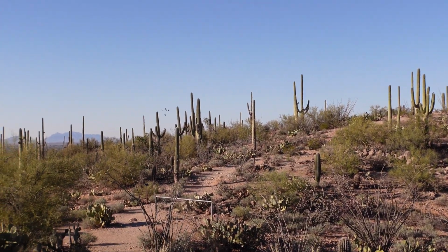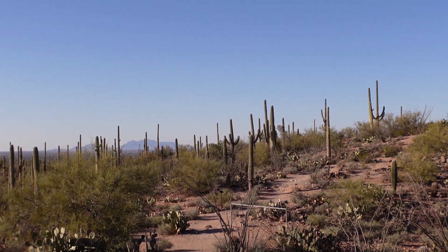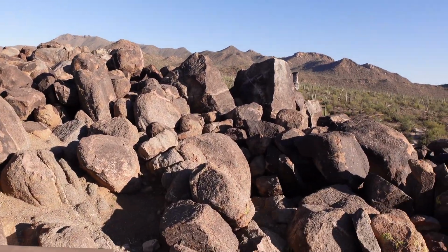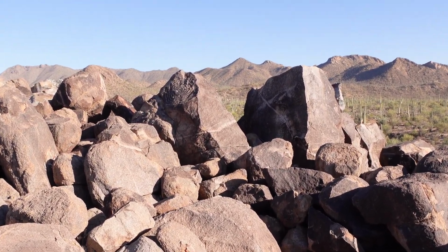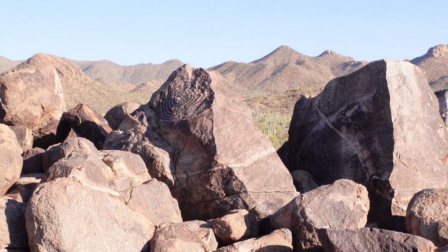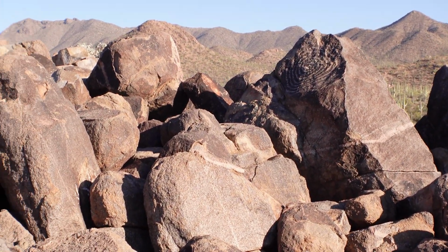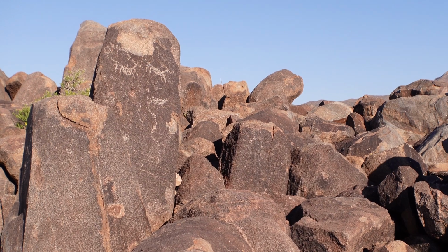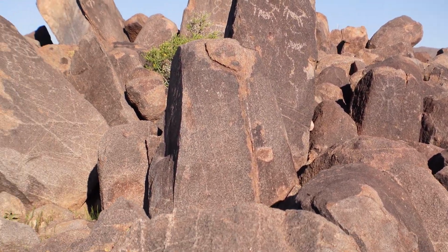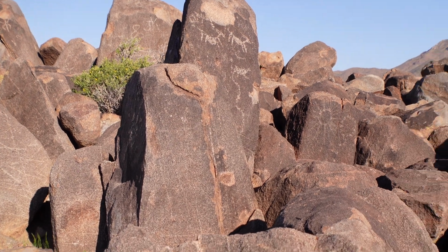So we made it to Saguaro National Park, and we hiked up to Signal Trail, where there's some petroglyphs. Hard to see this time of day. There's a ton of them up here though. Oh, there's more back there. And then over here,